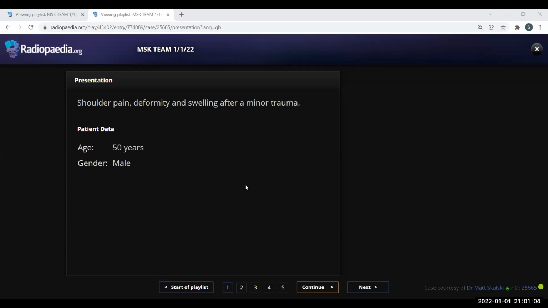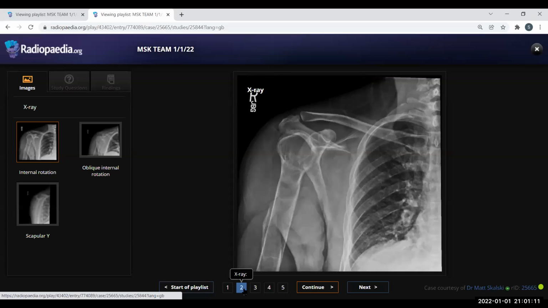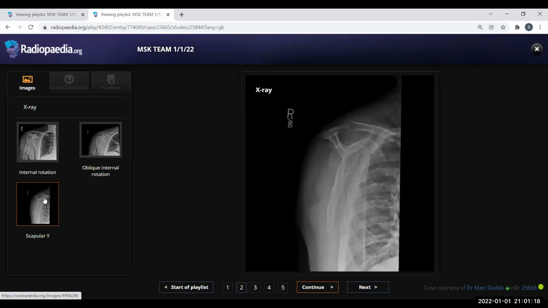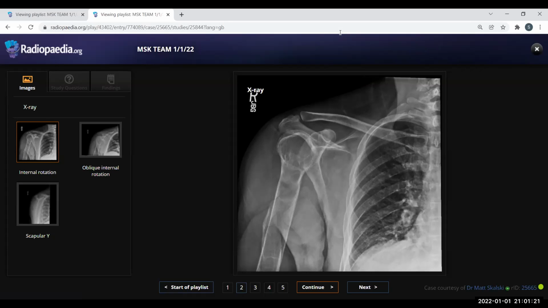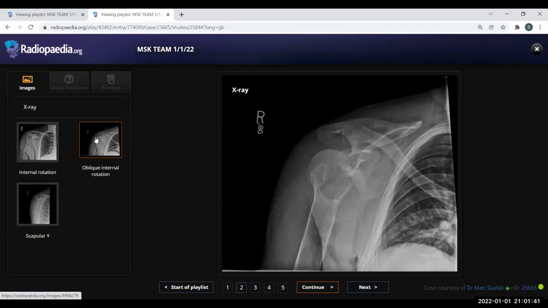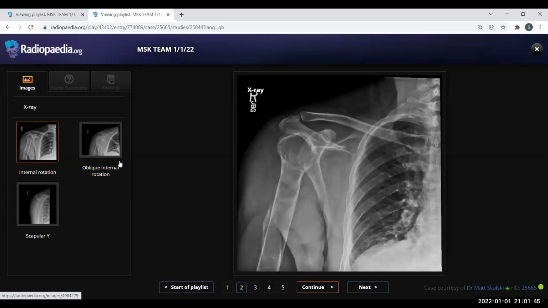This is a 50-year-old male with shoulder pain, deformity, and swelling after a minor trauma. Can I choose the projections, or are you going to? I will give you the mouse. Okay. I have been provided with an anterior posterior radiograph of the right shoulder joint in internal rotation, and when